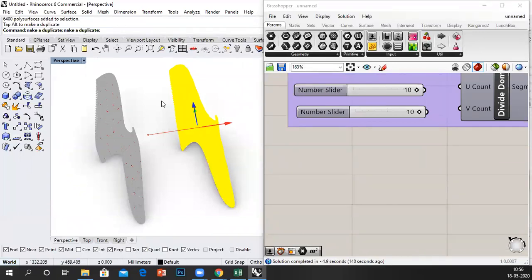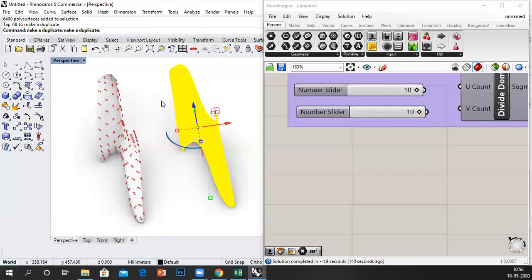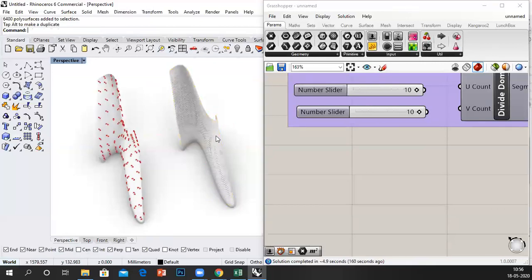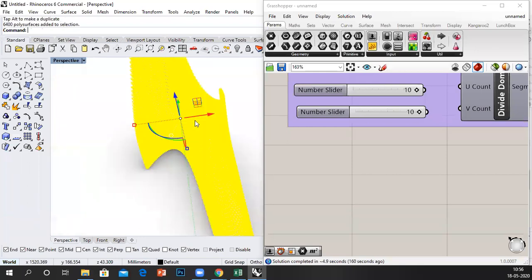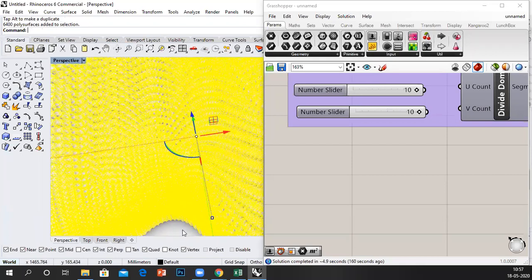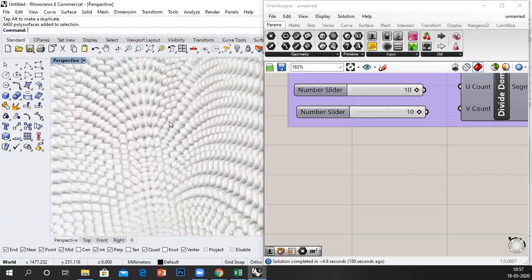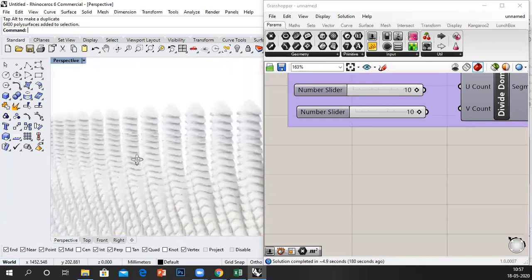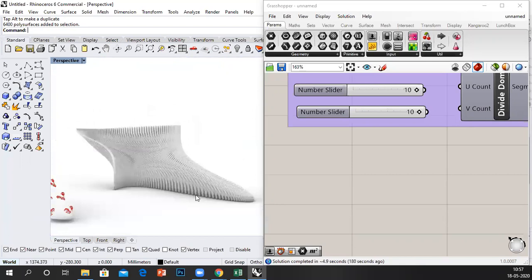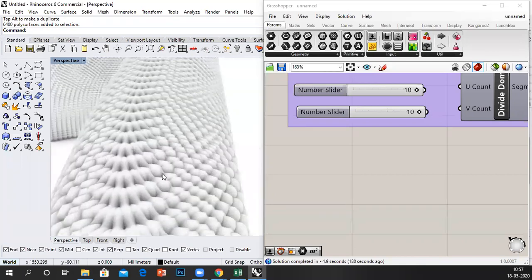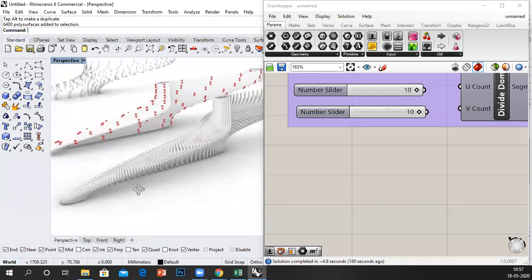Yep, I did 80 into 80. That's a lot of subdivision. So I think the file started lagging a bit. So there you go. There are a lot of objects being oriented on top of each other, and you can have a lot of patterns.